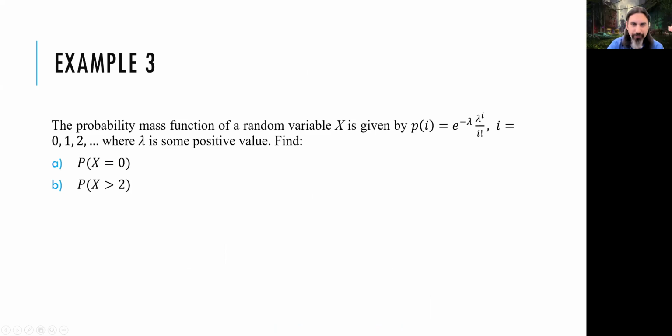This is a random variable with a name, but we don't know it. We don't know its name yet, so we're just seeing it for the first time. We're just going to use it to calculate whatever it wants from us. It says that i goes from 0 to infinity. As you can see, there are infinitely many outcomes here, but they're all countable because you can count from 0 to infinity. Where lambda is some positive value. Yeah, lambda has to be positive.